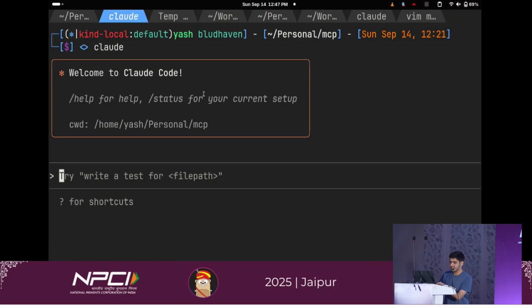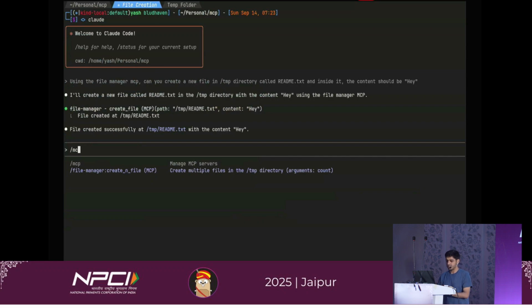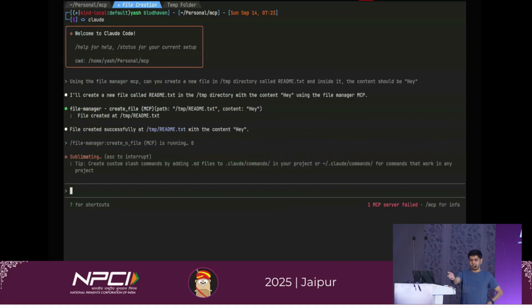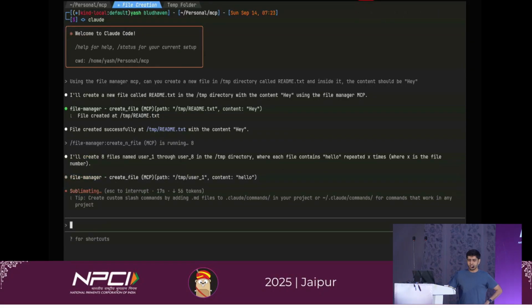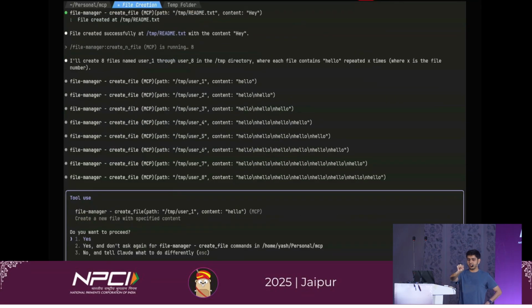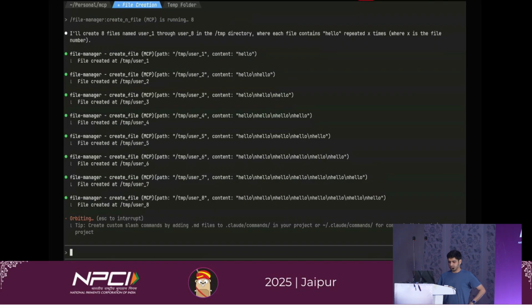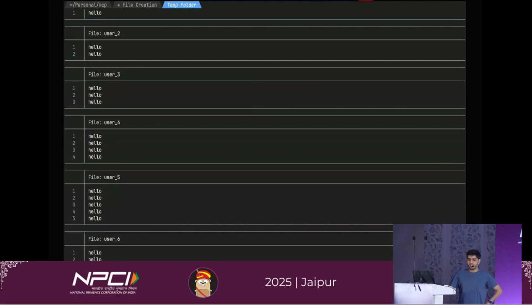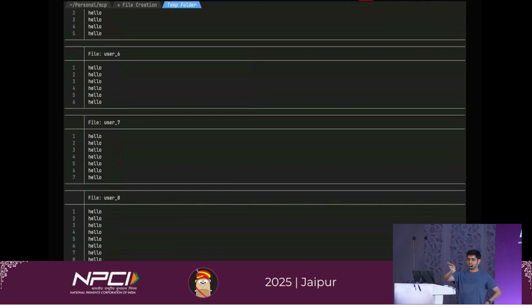Oh, we have Claude running, but okay, I'll just continue with the screencast for this one. So if you are a user, you will use the create file prompt, and I gave 8 as the argument, so I wanted to create 8 files. It will think something, it will use its tokens, and then since it's a good LLM, it's asking me, should I do this action? Can you confirm it? And I say yes. It says it did it. There are some files, and when I do a cat, I can see that it does what we want it to do.